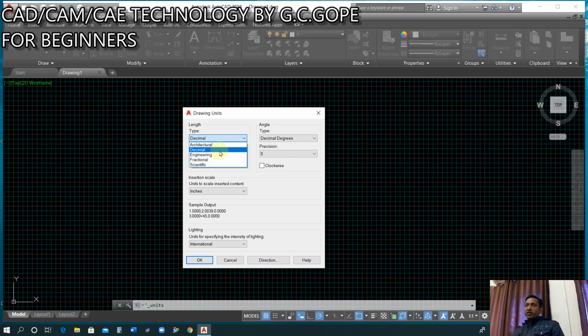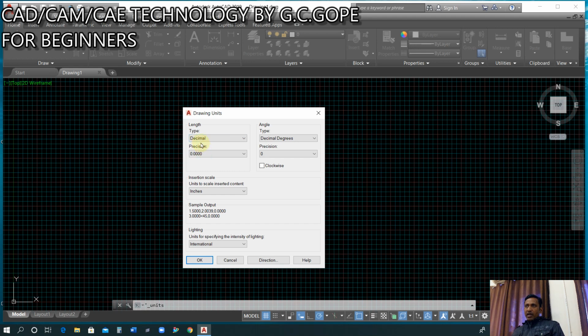Generally, those students or starters who want to work in AutoCAD can start from decimal, which is for metric form, and where you want to use imperial dimensions, you should select engineering. So I am going to select this one, decimal.